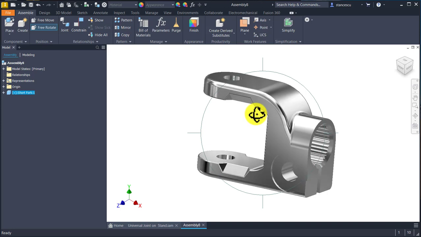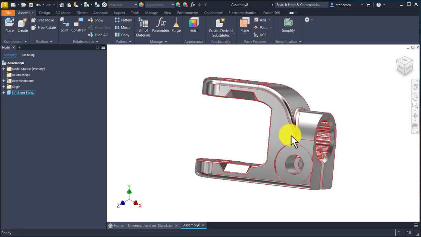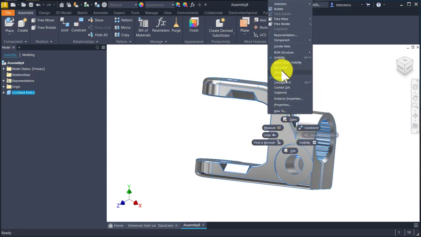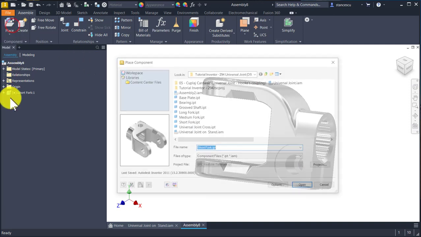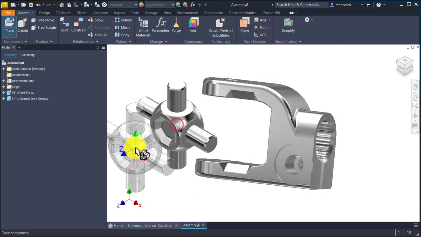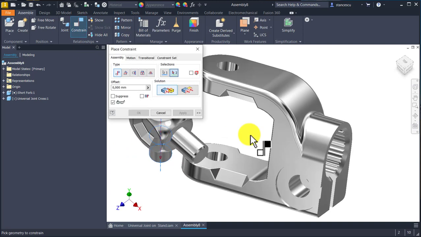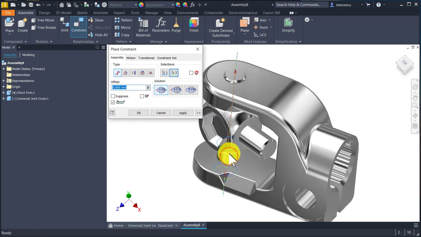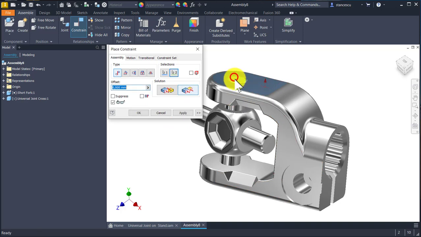For instance, so I make it grounded for the moment. Then I place the universal joint cross, escape, constrain this axis to this axis, apply, then coincident or align the end here. Okay,